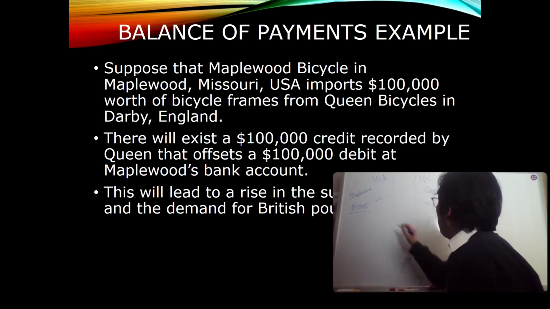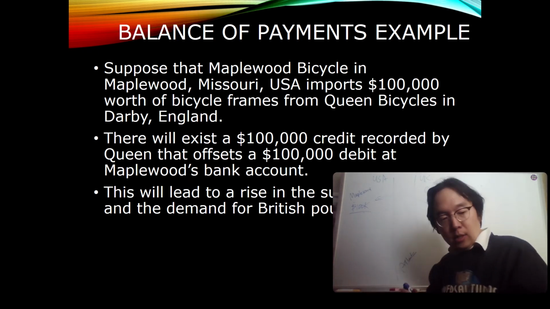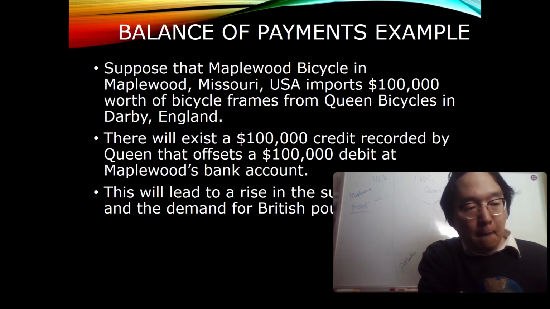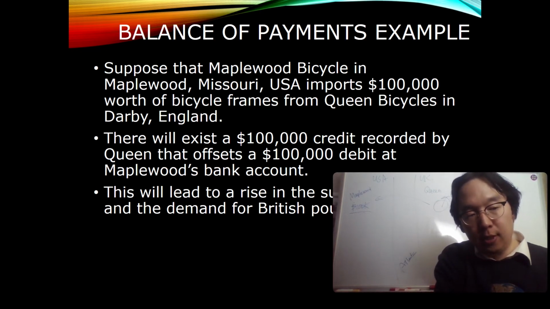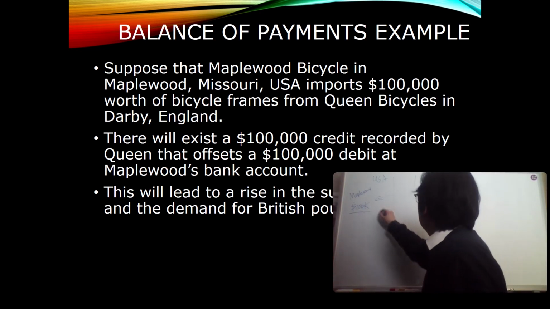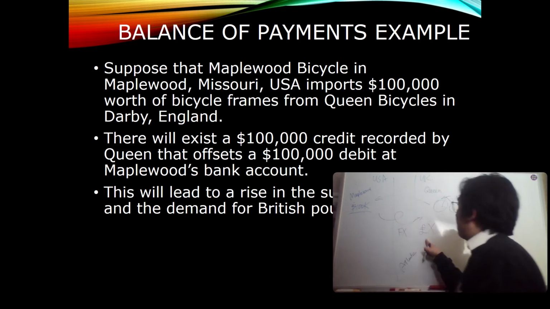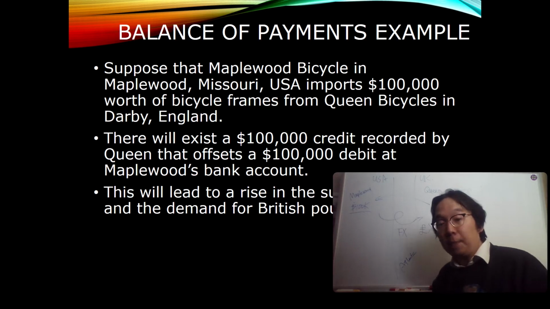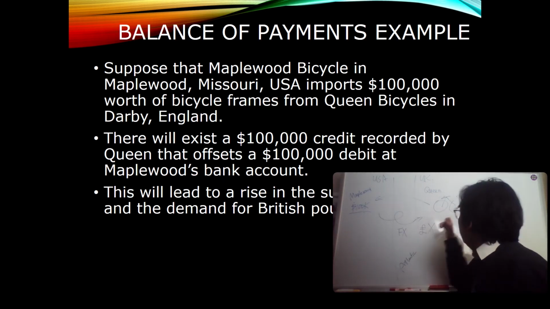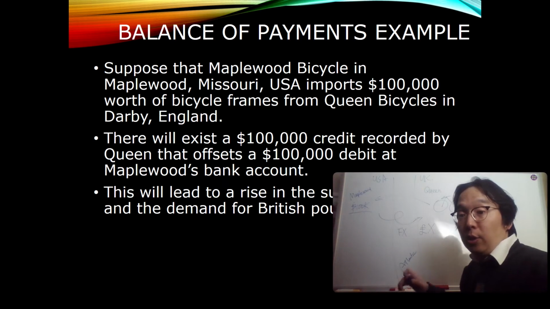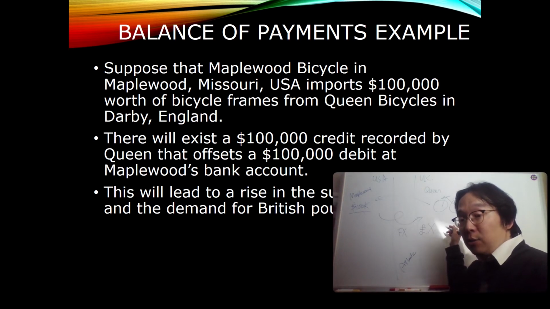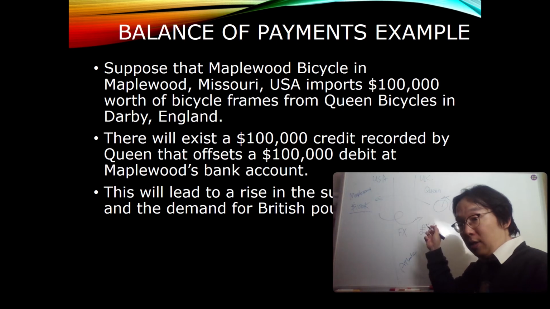So they will convert this amount into a certain amount, let's say, the exact amount is not important right now, in the FX market using the conversion rate. Let's say you will go to a certain British pound amount, okay? And how does it appear in the balance sheet of Queen? It's going to be cash coming in, right? So that's going to be what? Debit or credit? Credited, right?